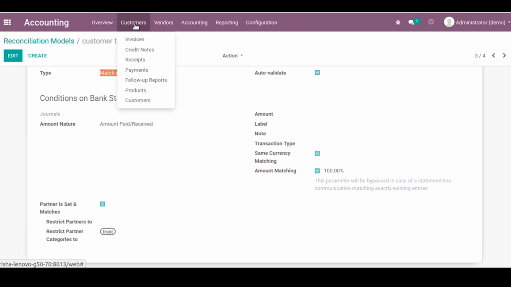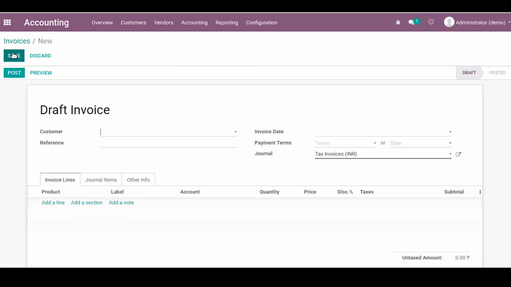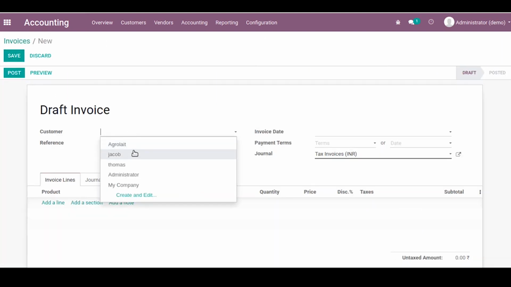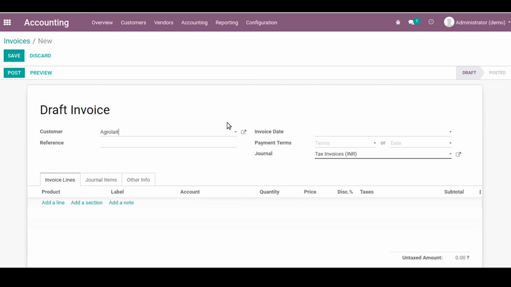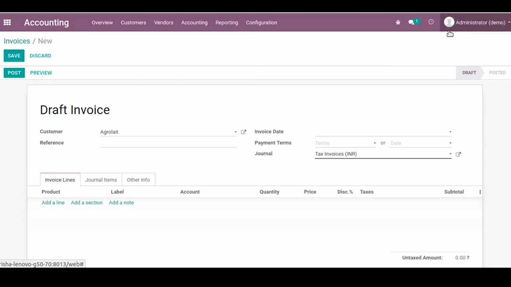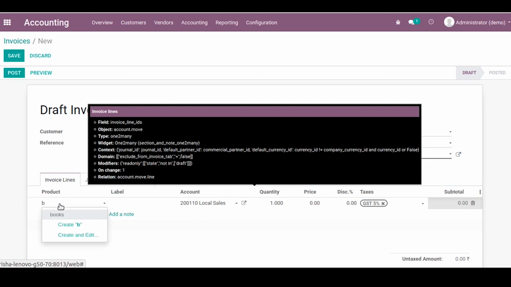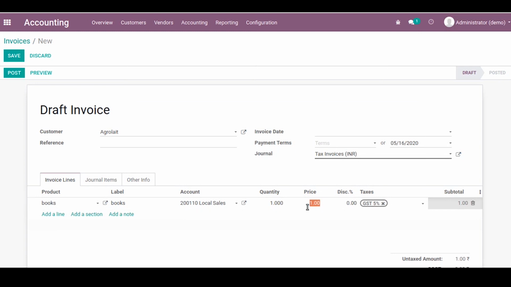So now let's create an invoice with a partner having the trust tag. Say Acrolite has the tag trust. The amount is 650.